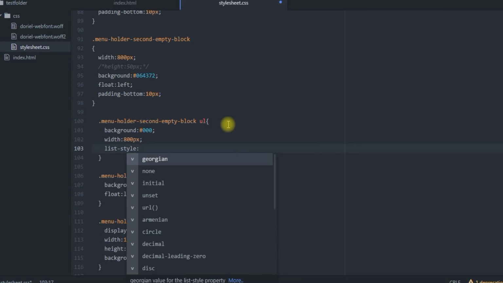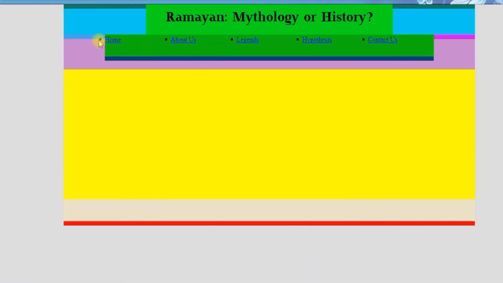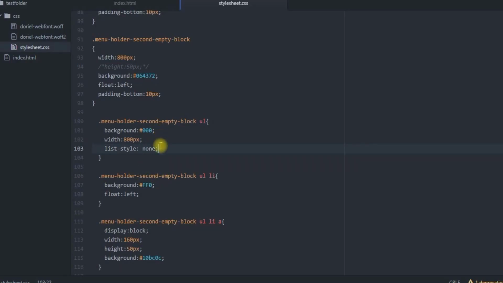So what we are doing, you see that there are a lot of list styles over here you may use, such as this square, this upper alpha, upper Latin, upper Roman. Actually what we need is to leave this place empty. No list items should be appearing over here. So all we need to do is provide specifically that the list style of this unordered list will be none. No list style is required.